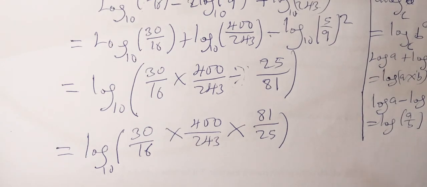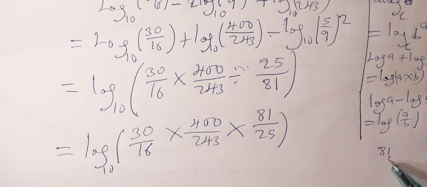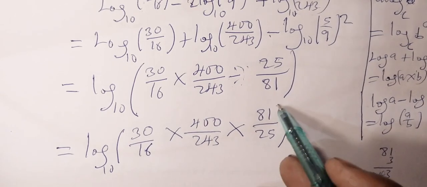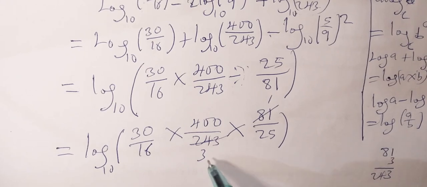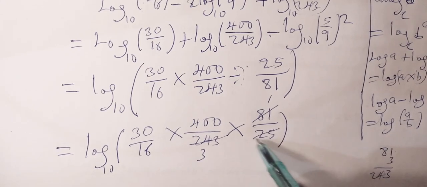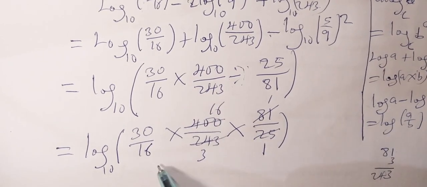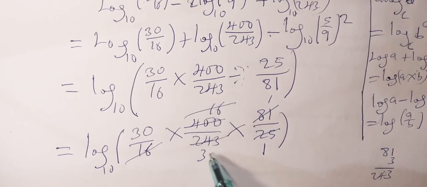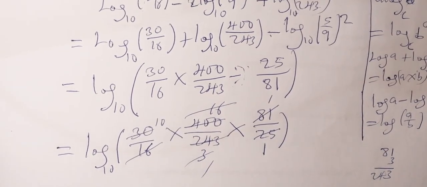So to do this here, we have, you see, 81 times 3. 8 times 1 is 3. 3 times 8 is 24. So it means that 81 here is 1. 81 here is 3. Also, you will have 25 here is 1. 25 here is 16. Then you have 16. We'll cancel 16. 3 here 1. 3 here will give us 10. So you are left with